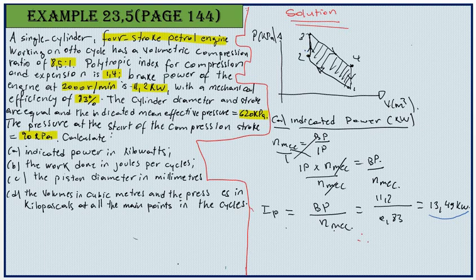But to get the heat supplied, I need to get these 2 points. I cannot easily get these 2 points. I can get that one, but the property of this point cannot be determined because there is not enough information to calculate Q in as well as Q out. But I also know that